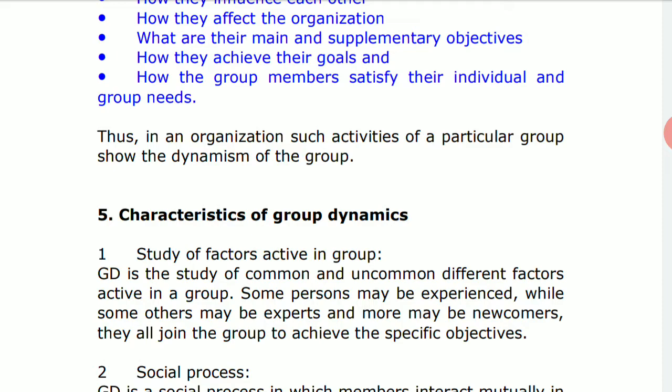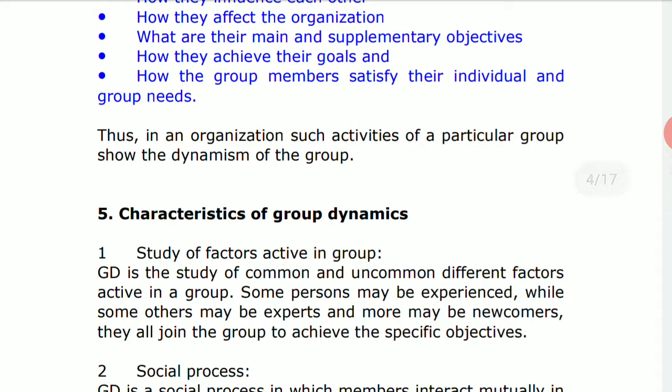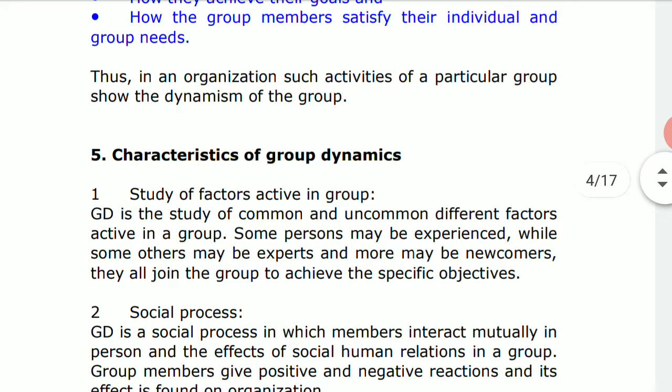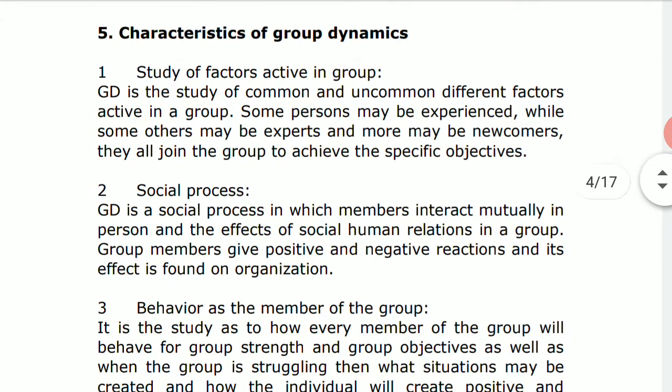Thus, in an organization, when such activities of a particular group show the dynamism of the group, that means changing, or the changes that come up because of the presence of the group members, because of the interaction between them, because of the influence that they create, that is what is known as group dynamics, right? So now we'll come to the next point, that is the characteristics of group dynamics,